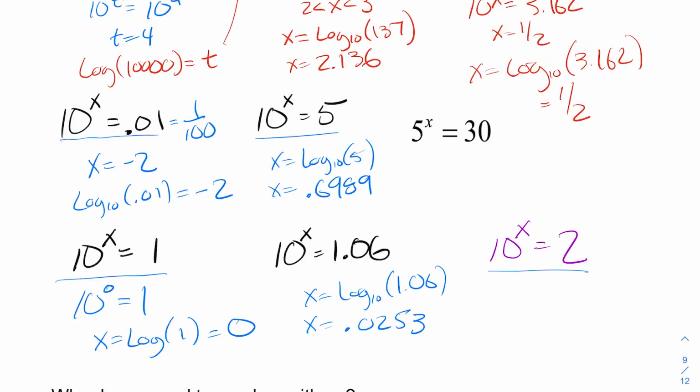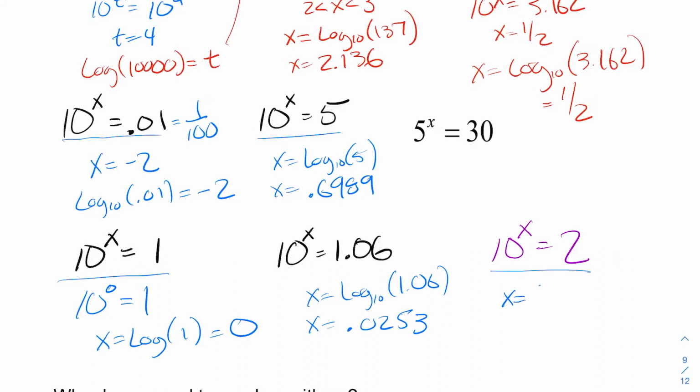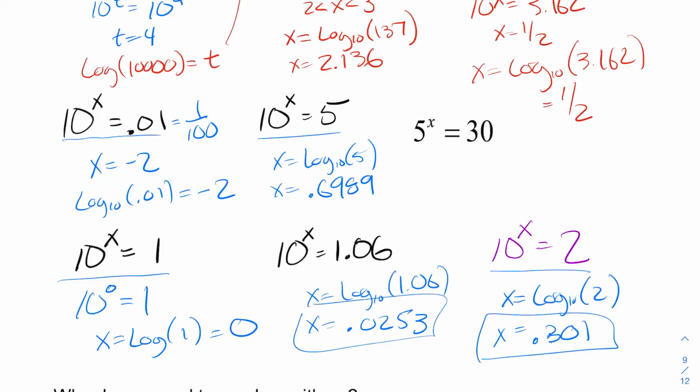What power do you have to raise 10 to get 2? Well, it's going to be less than 1 because 10 to the 1 is 10, which is too big. And so when you type it into your calculator, log base 10 of 2, it comes out to be 0.301. And so we're going to use those values to solve certain problems. And so in the next little clip, I'll show you how you can use these to solve real world exponential